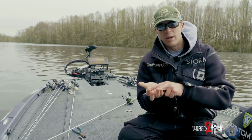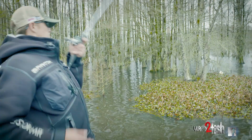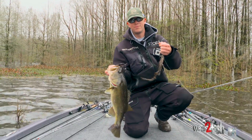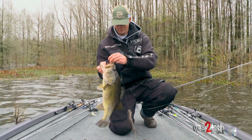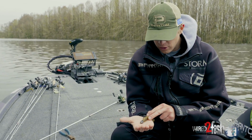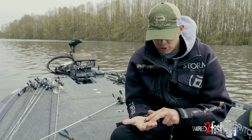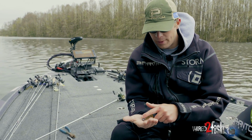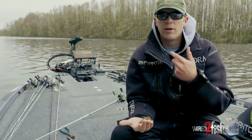That fish grabs the entire bait itself. And when you're giving him that jar of a hook set and you're trying to bring him out of that mat, that old school style, that weight would really pop his mouth open. And the hookup ratio in this is about 50-50 sometimes, you know. You're able to land a lot of fish, but you would lose a lot of fish just on hookups or just trying to pull them out of the mat, because that weight's just flinging around and it would just jar that hook loose,